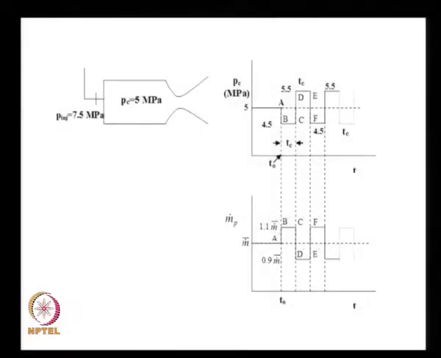In the class today we will first review what we learned in the previous class through this PowerPoint presentation. In the first slide, what I show here is what we learnt in the last class, namely if the chamber pressure of the rocket is 5 MPa and the injection pressure is 7.5 MPa, and if there is a sudden dip in pressure by 0.5 MPa,